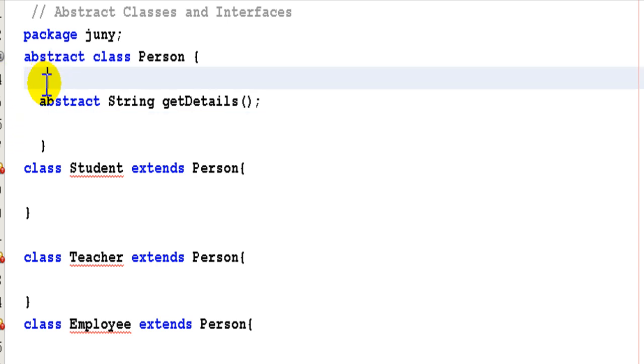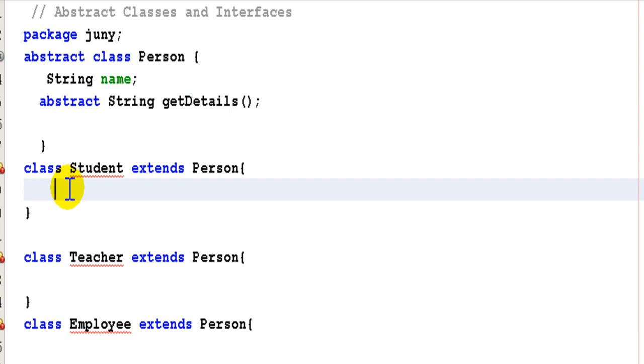Now here in a person class, maybe I have, for example, a string type name. Now you can have many more things like address, telephone number and all. That will be quite understood. For simplicity I will make only one variable, that's a name. In the student I will have one variable, for example an integer type roll number. Okay, now